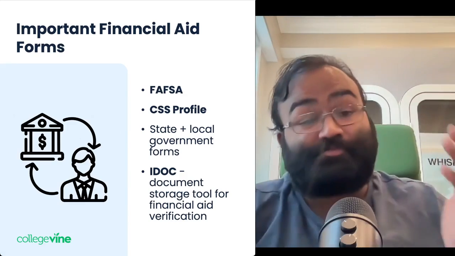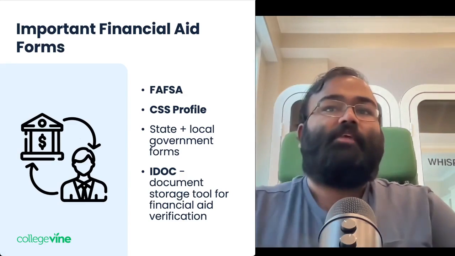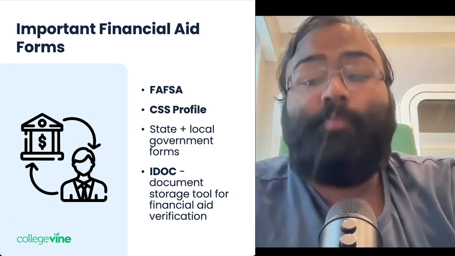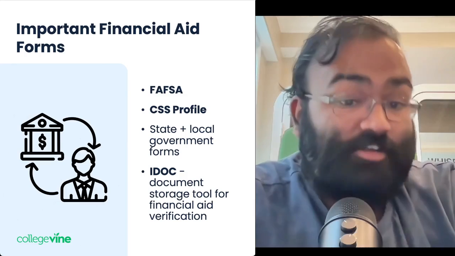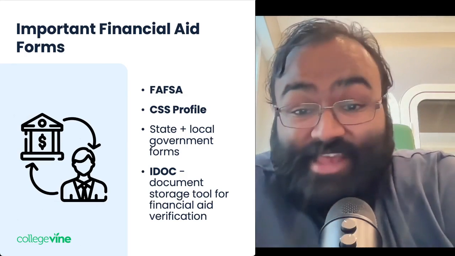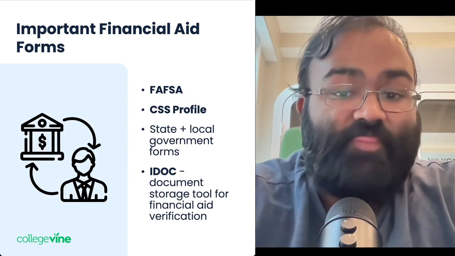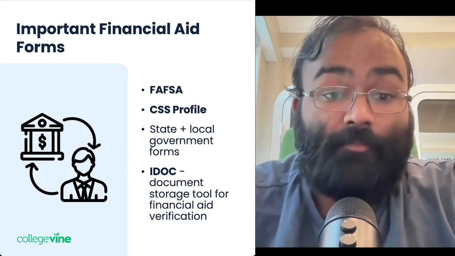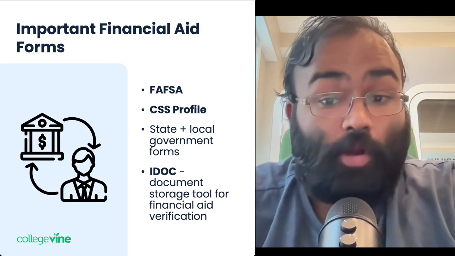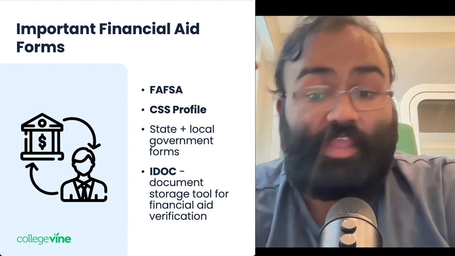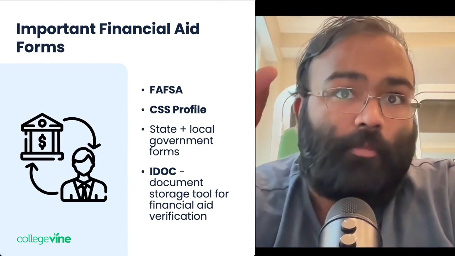But it's the financial aid application that's administered by the federal government. Then you have the CSS Profile, which is administered by the College Board, like the same folks that do the SAT or the AP exams. And then you have state and local government forms. These are variable. They really vary from state to state, and they're usually only applicable for public universities